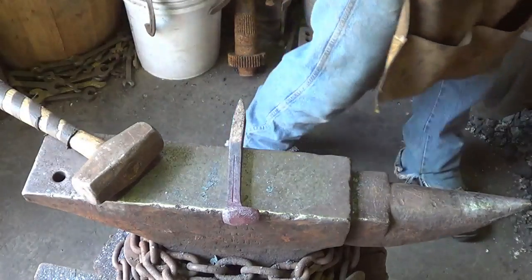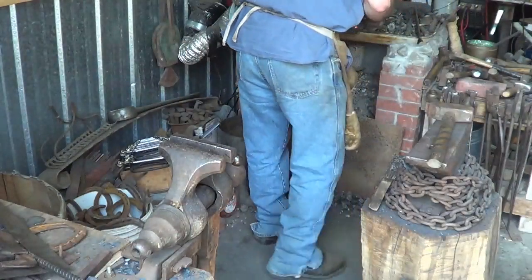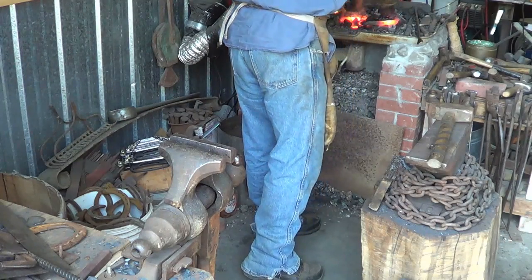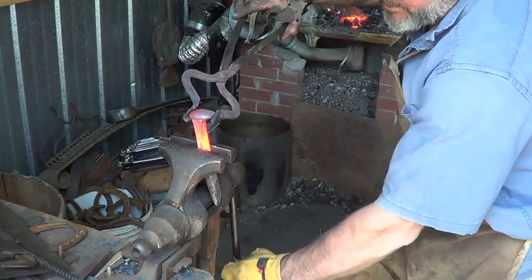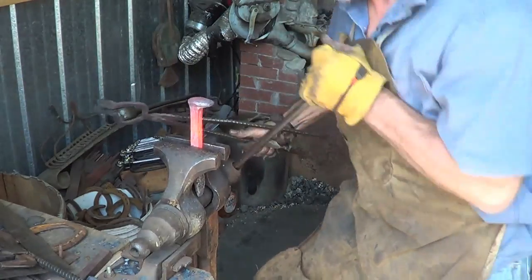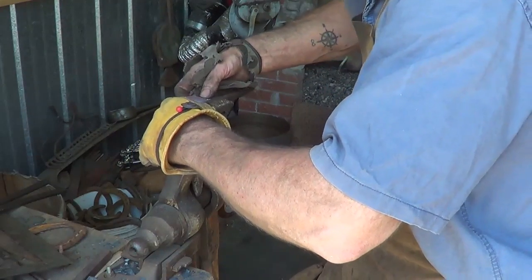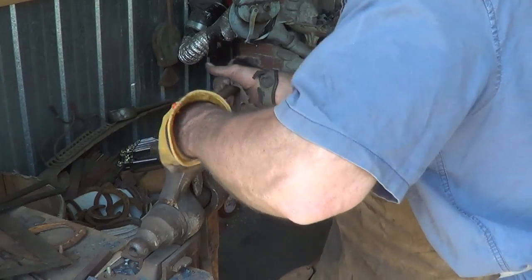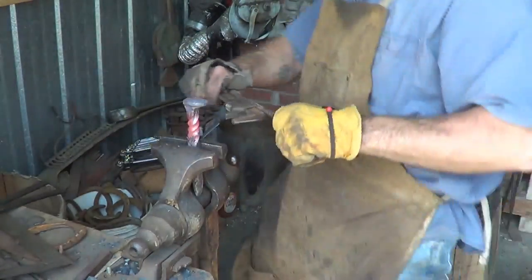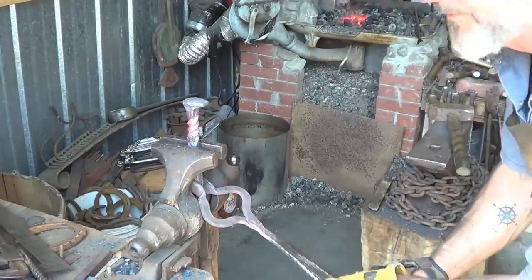That isn't hard. Alright, heat up for the twist. If you get the right heat on this one, you can do the next 2 steps in one step here. But you gotta have the right heat. So we go with the minimum amount of handle you dare give this thing, and try not to waste a lot of time finding that spot. You do 1 full twist. First one of the day, I don't have my things adjusted. So 1 full twist, and you want to be straight when you get done. You don't want any cockeyedness going on. And then, if you did that fast enough,